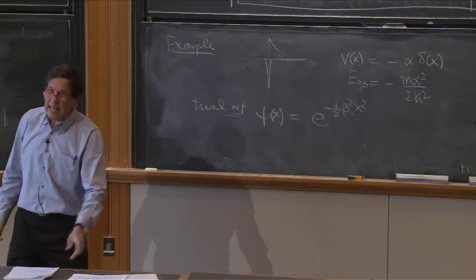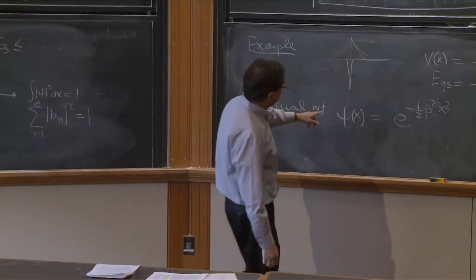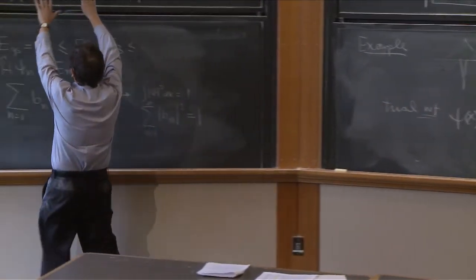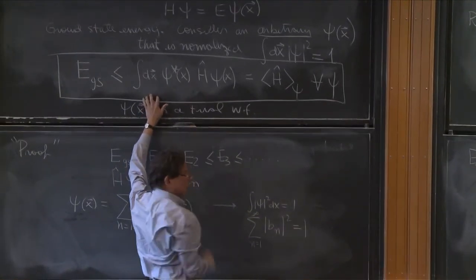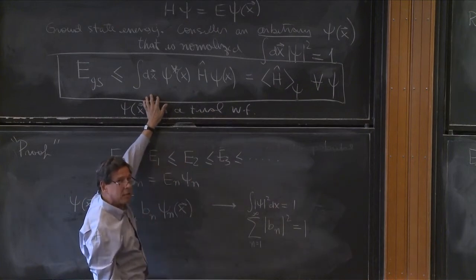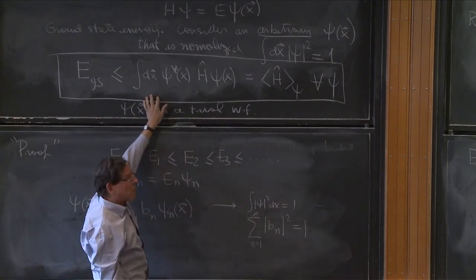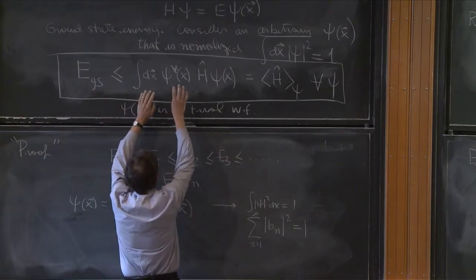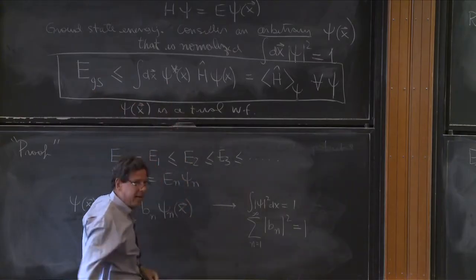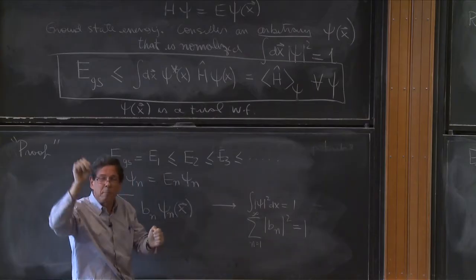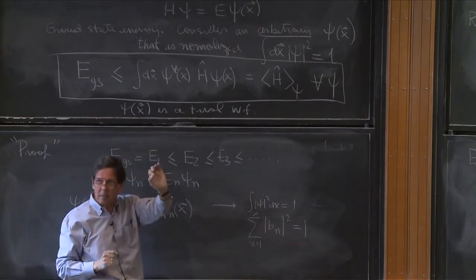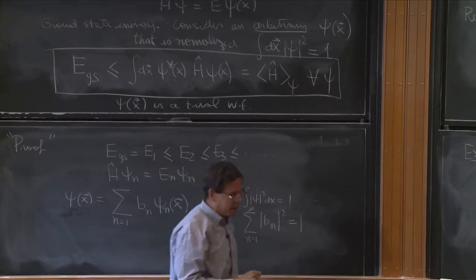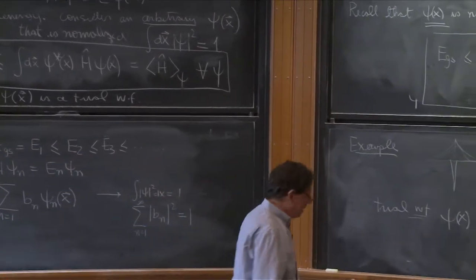You see, by this, you're going to get an expression. You calculate this number, and you're going to get a function of beta. Beta is not going to disappear. And therefore, you're going to know that the ground state energy is less than this function of beta. And then you can adjust beta to get the best bound. So beta is put as a parameter to begin with, and we hope to use it.